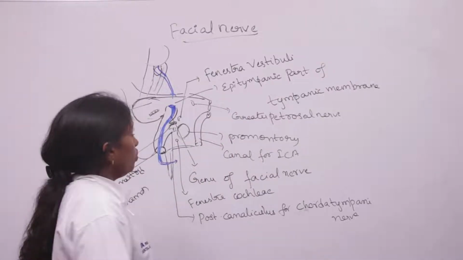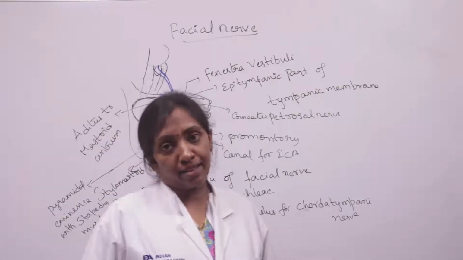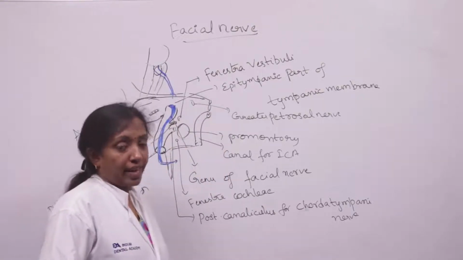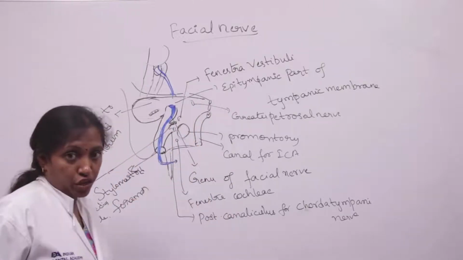So the facial nerve, we know that the facial nerve is the seventh cranial nerve. It consists of a motor root as well as a sensory root. The sensory root we call the nervus intermedius. The functional components of the facial nerve are